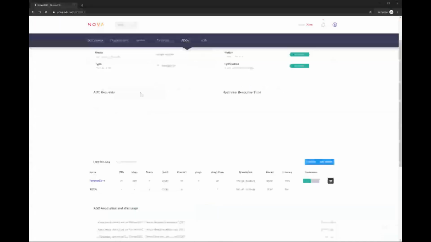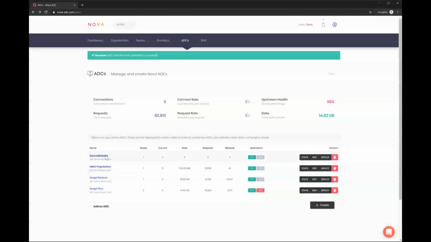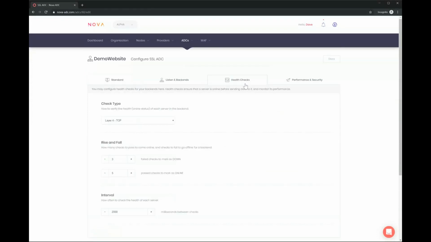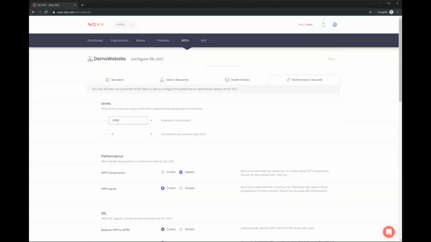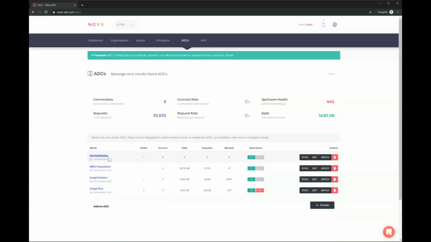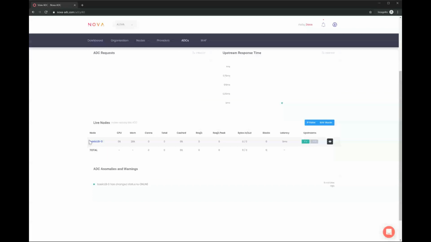So I can say, well, I want to see what's the profile of my response time, for example, and how the app has been performing, basically. Now, this is all managed automatically, and if I make a change, it will deploy that change automatically for me. So here, for example, I might say I want to change my maximum connections to 20,000, and it will make that change automatically. So we just save, and any ADCs, any nodes that this ADC is attached to will automatically receive the updated config and be running straight away.